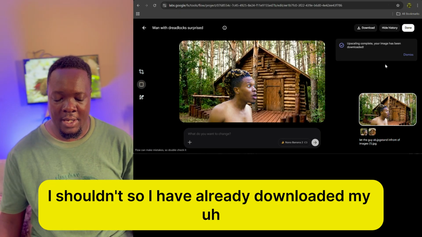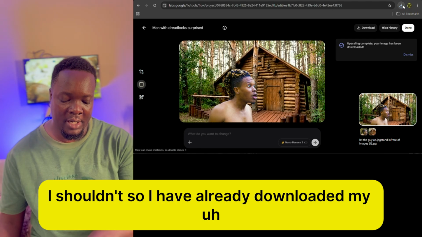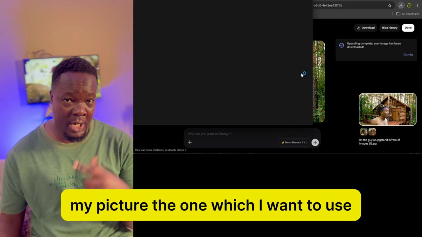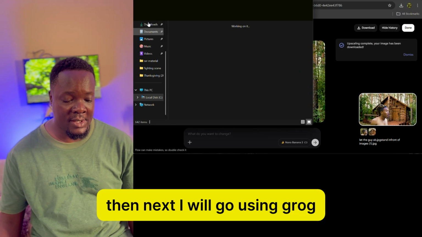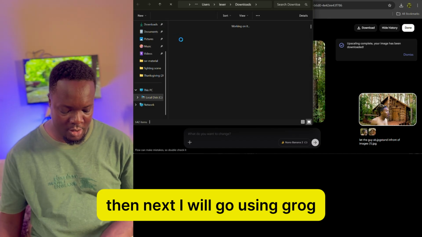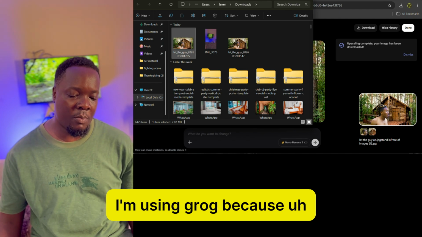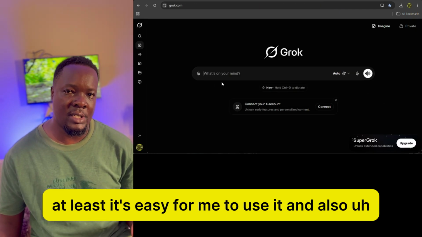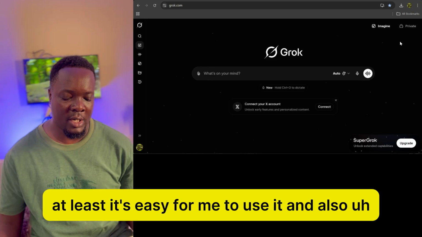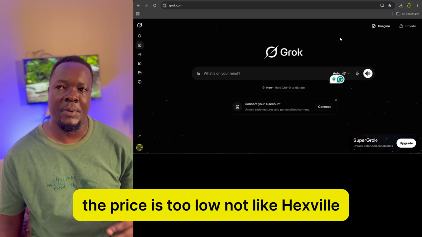So I have already downloaded my picture, the one which I want to use. Then next, I will go using Grok. A lot of people will be like, why are you using Grok? I'm using Grok because at least it's easy for me to use, and also the price is too low,